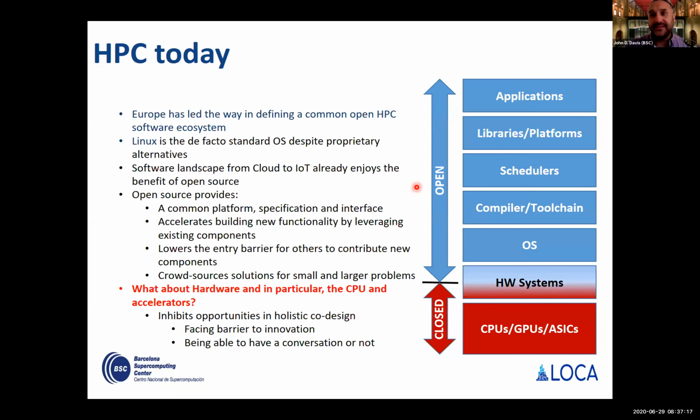And the things that you buy today, whether it's from Intel, IBM, AMD, pick your favorite hardware vendor for processors, or GPUs, NVIDIA, those tend to be closed. And so the challenge that you have is if you're looking at the system as a whole and you want to be able to optimize it, really that block or barrier at the hardware level inhibits your capability to do some types of research or makes it much, much harder to do in that context. So architecture has basically been simulation.